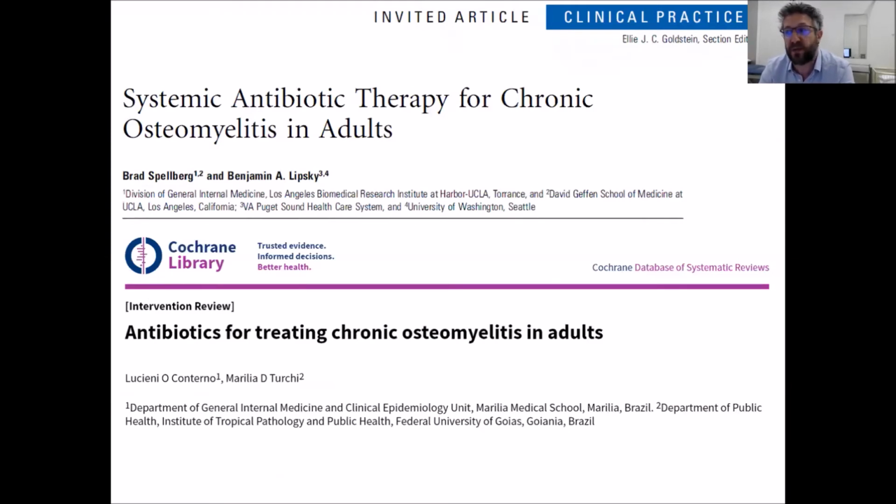Moving through to 2012, we have the CID article by Spellberg and Litsky, where they again describe beta-lactams having poor bone penetration. This paper very much focused on bone penetration as the most important aspect of identifying agents for treatment of osteomyelitis. They highlighted that this can be circumvented by providing parenteral dosing to achieve adequate exposure. They then did not look at the clinical outcomes of any of the oral beta-lactam studies, focusing then